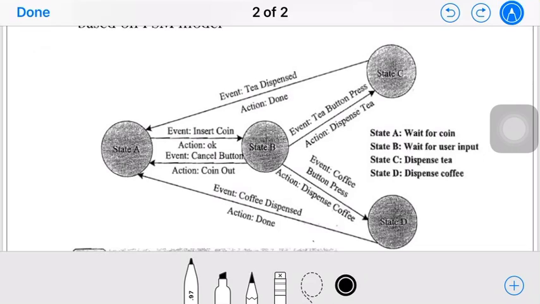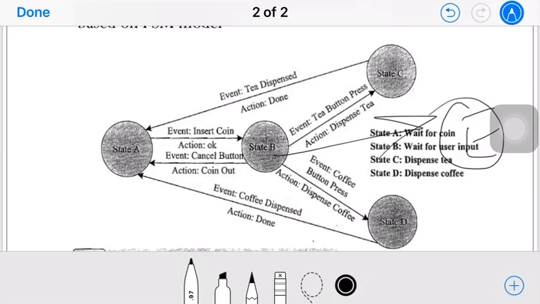Now, in addition to these two, you will have an option, state E, where you are dispensing a lemon tea. If the lemon tea is dispensed, you will go back to the normal state. So one more state is added.